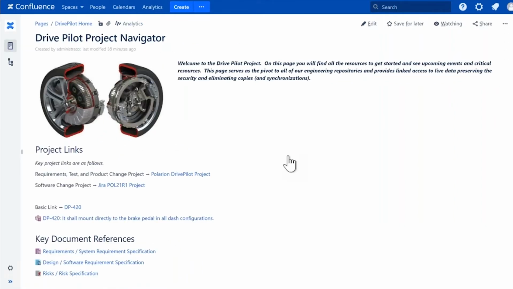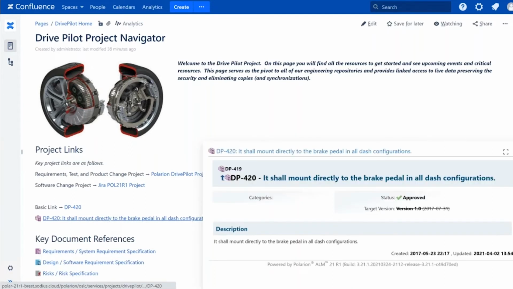So not only do I have a link, so this is exactly the same artifact here, but I also have the ability to see what's called a rich hover. And that means that I'm going to dynamically go ahead and get information from that remote repository and be able to present that. And what you can see here is some of the power of OSLC.